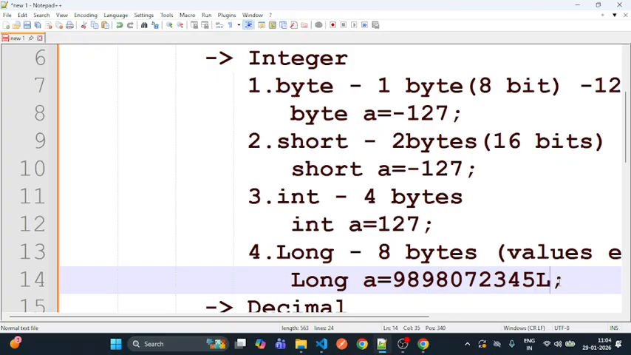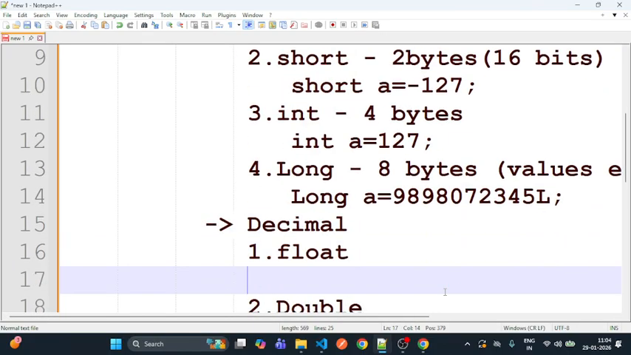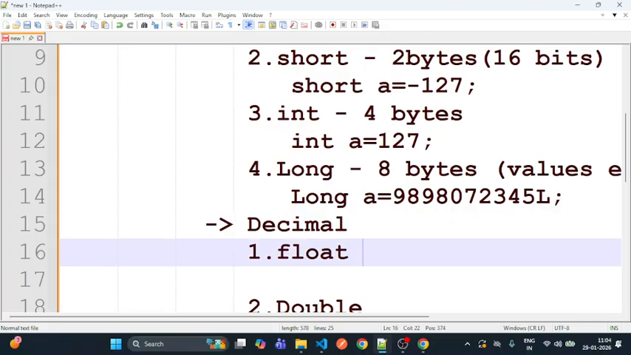Okay. Next, decimals. In the decimals, first is float. Float has a size of 4 bytes. Decimal is nothing but it is used to store decimal values. Okay, 4 bytes. And it has a precision of only 6 decimals after the point. You can store only 6 decimals after the point. Okay,